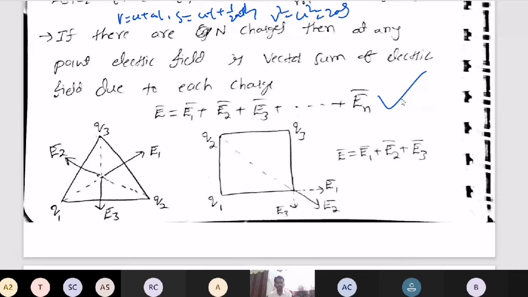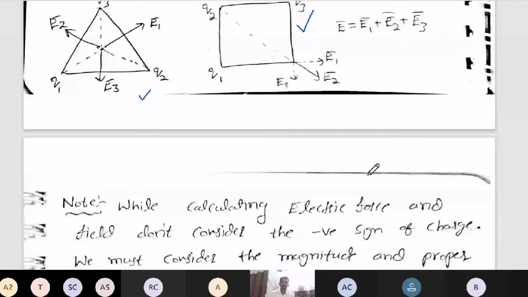If you know how to find vector resultant for 2 vectors, for 3 vectors, anything. If there are 10 vectors also, you have to take 2 and find the resultant. Then take 2 and find the resultant. You have to reduce one by one step. So same way here again, triangle case they can give or square case they can give. So please try to understand the importance.